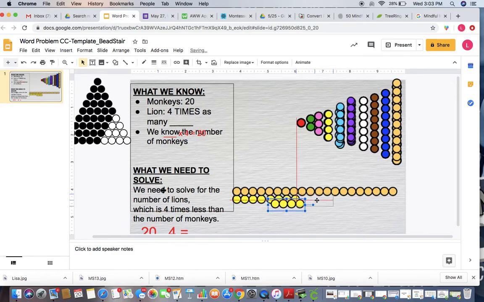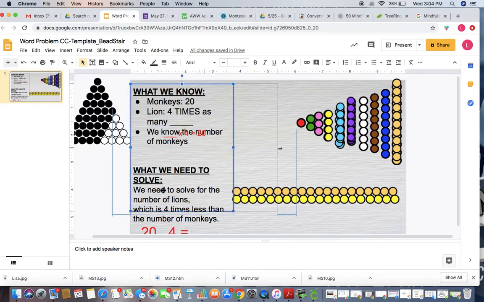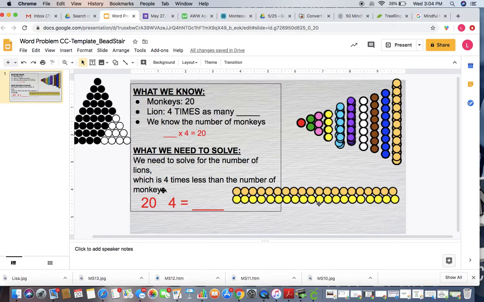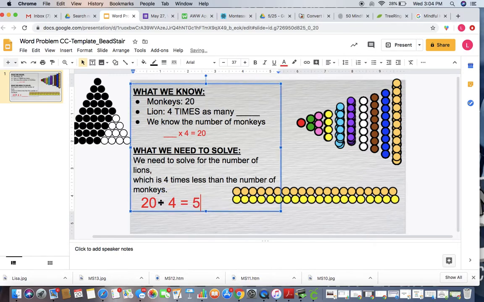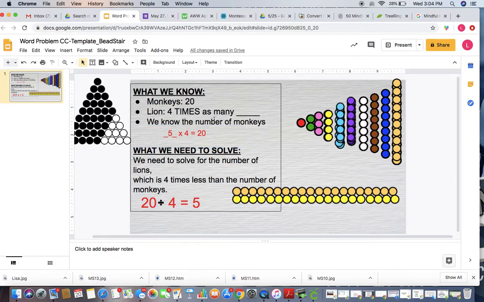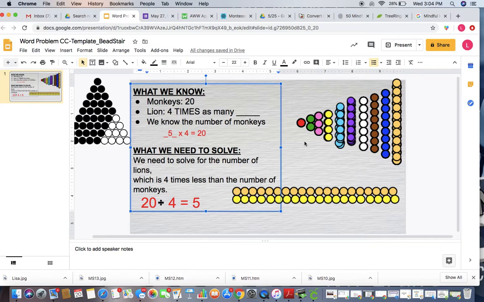See, we've got 3. We've got 4. And we have 5. So if we were to take 20 and divide it by 4, we would have a total of 5 bead bars. So the answer here is 5. That means 5 times 4 is also 20. That means the number of lions we had was 5. So our answer is there are 5 lions in the zoo,